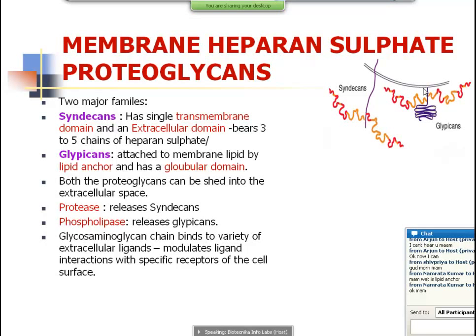Now you might ask, what are these biological activities? How is it going to help? So there, based on the ability